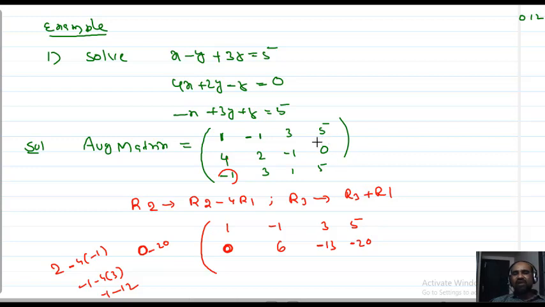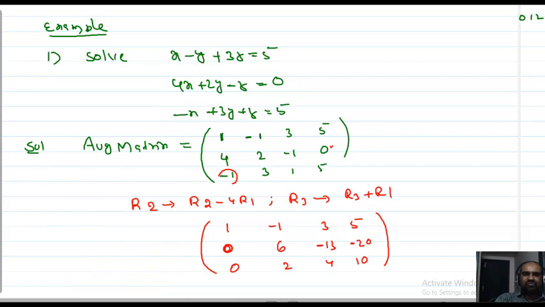But actually, we need the required zeros. But already here 0 is there. Now 0 becomes minus 20, no problem. But you want to make zeros here, not in the last column. Okay. So addition: 0, 2, 4, 10. Okay, students? Yeah. Okay. What happened here? 0, 0 you got. My plan is that directly here also I can make 0.